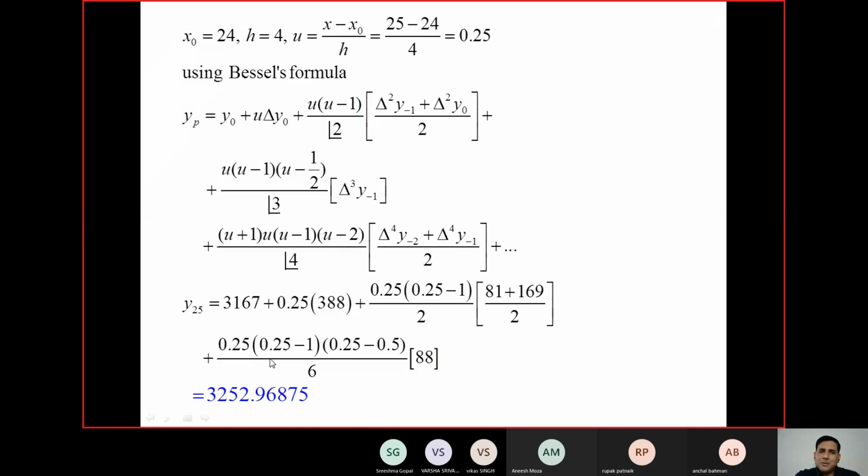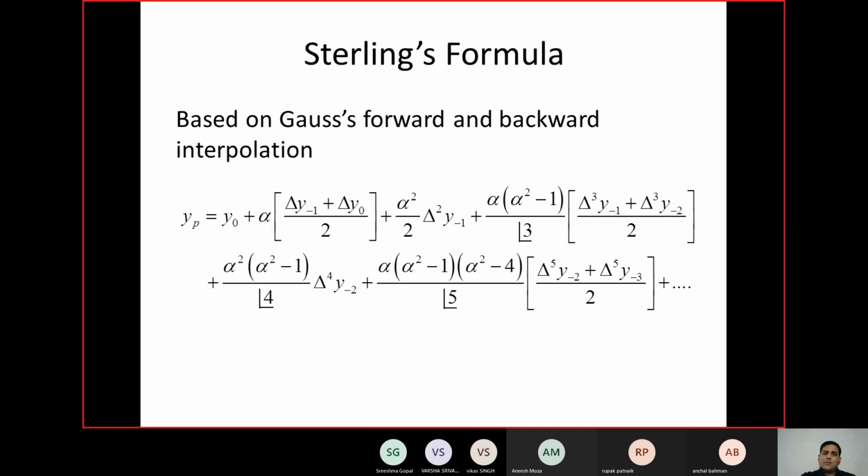So now you have to use your Bessel's formula also to calculate the same problem. Why are we focusing on the same problem? We want to check all techniques for the given problem, so that we conclude that if you are here, use this; if you are here, use that one. So that conclusion, and one more formula there, the Stirling's formula.